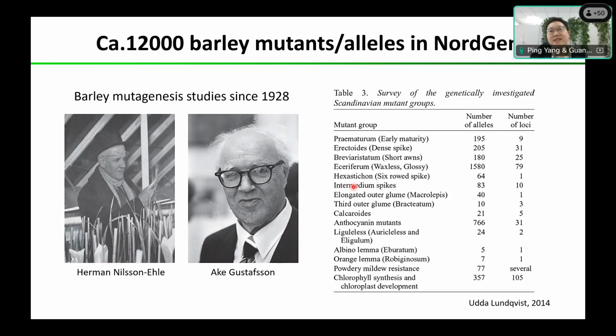As you might be familiar with barley mutants, barley mutagenesis studies have been going on for nearly 100 years. So nowadays there are a large number of barley mutants, which are reserved in many gene banks. As you can see in this table, which is published by the USDA, there are a lot of mutants and mutant alleles regarding morphological phenotype traits and also pathogen resistance.